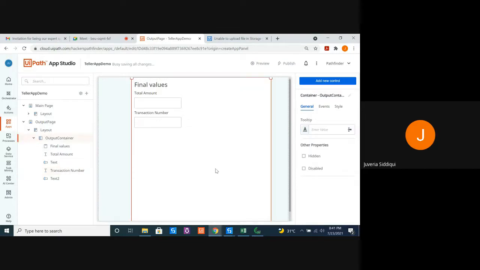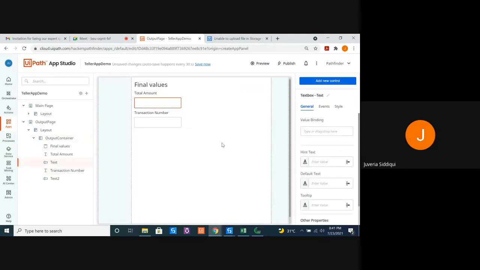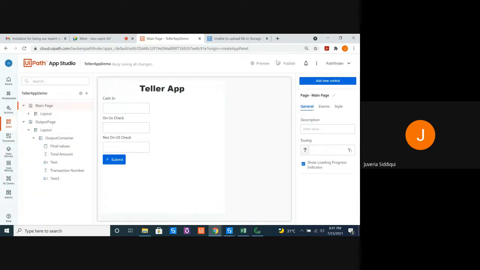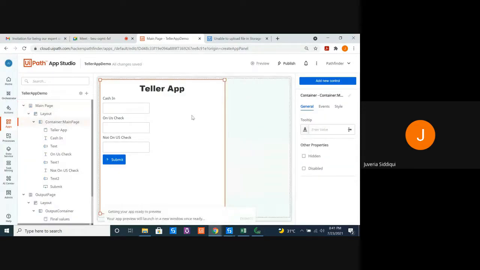That's it. Now, I told you that I have to teach you more properties, right? Why I said that, I'll tell you. If you see over here in the total amount, basically this is editable. Let me show you a preview. I'll go to the main page and show you a preview of this application that we've created so far. This is how it looks. Your text boxes are basically editable. Right now, if I click submit, nothing will happen because I've not created an event for it, but we'll do that.